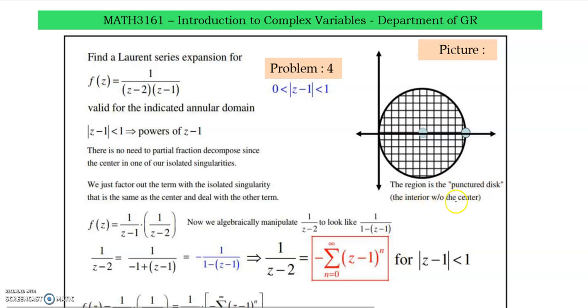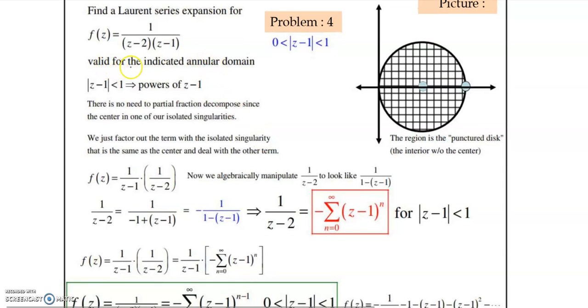Okay, the interior without the center. Now here, valid for the indicator annular domain. Okay, this one. Now modulus of z minus 1 less than 1 implies powers of z minus 1. Here no need to write this function into the partial fraction to decompose. Now here we just factor out the term with the isolated singularity, that is the same as the center,